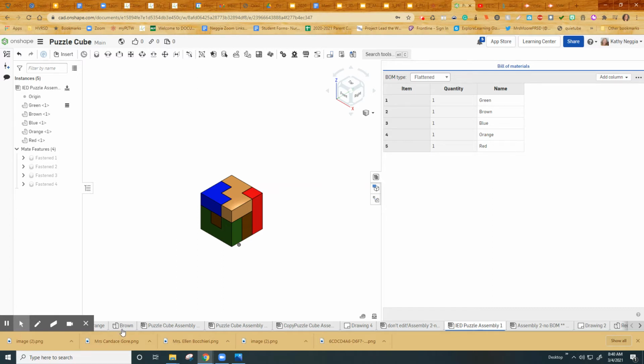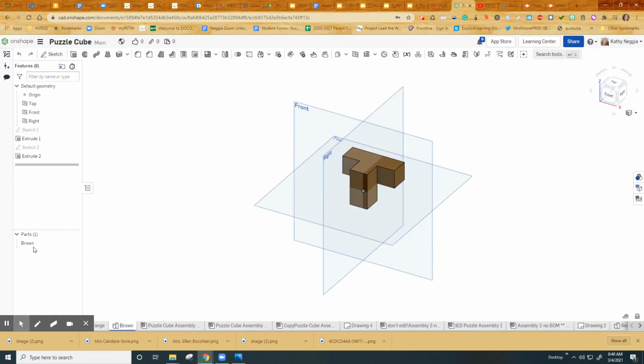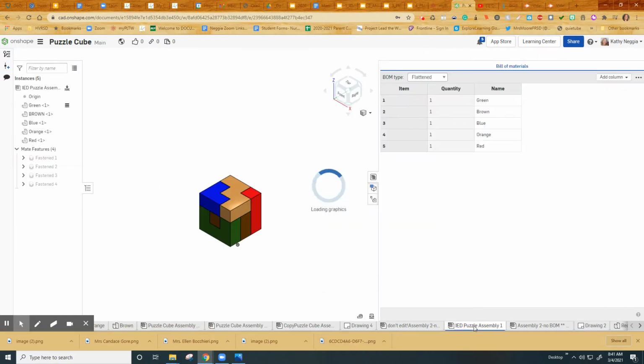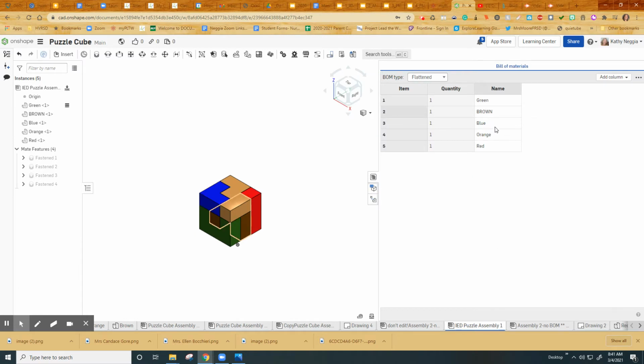So let's just double click the brown and let's right click that and rename it so that we can see if you change the file name. I'm going to change that to brown in all caps. Okay, I'm going to go back to my file and you'll notice it changes here. So if you didn't name your parts properly, you can fix them. Okay, so now that I have my bill of materials, I can create